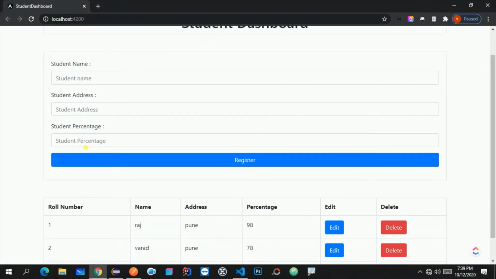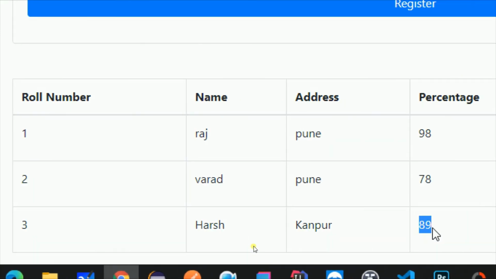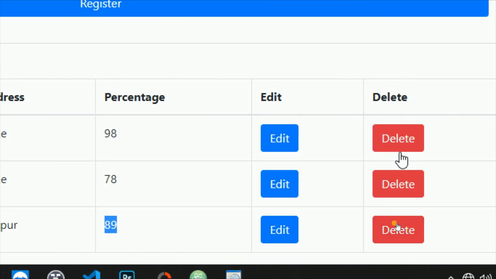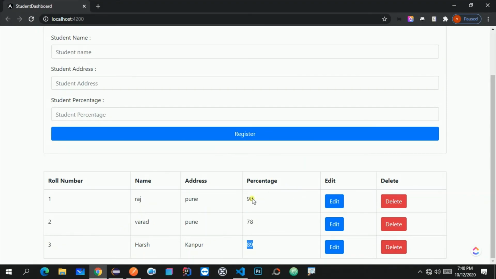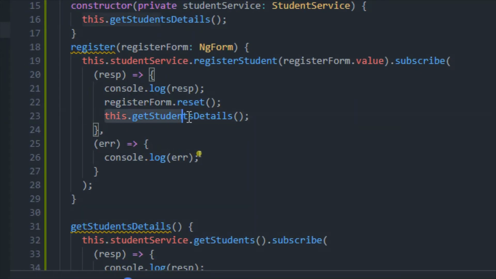And inside this table we are able to see this third row, which is of Harsh, Kanpur, and percentage is 89, and we can also see these edit and delete buttons in front of this. So how is this happening? Because we have called this get student details function as soon as we register the student.